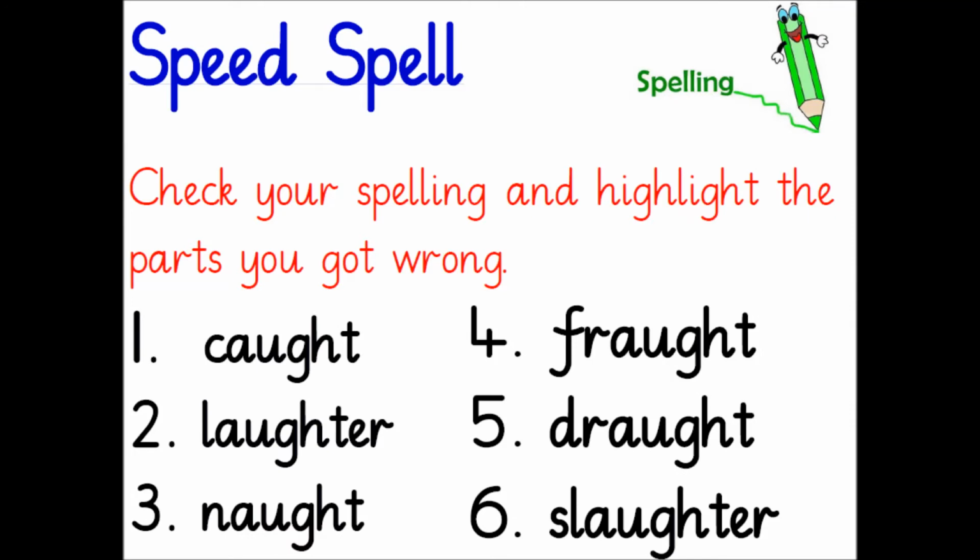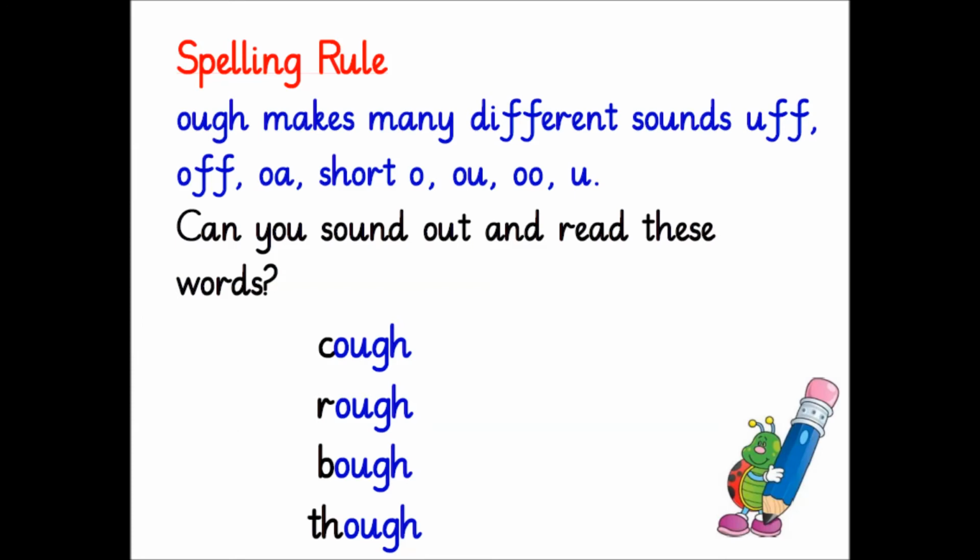Right, let's look at the spelling rule. So OUGH makes many different sounds. Off, off, o, ow, ooh. And here are just some examples. So cough, rough,